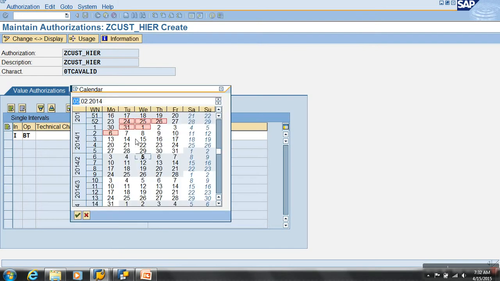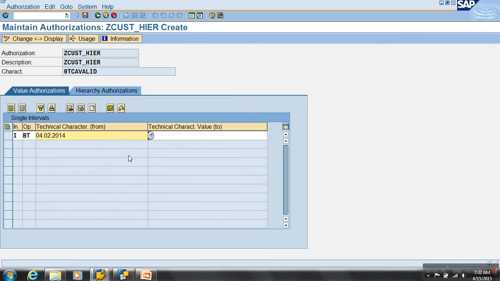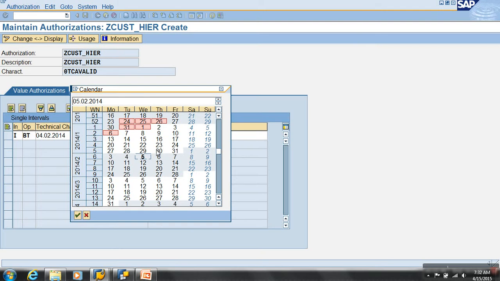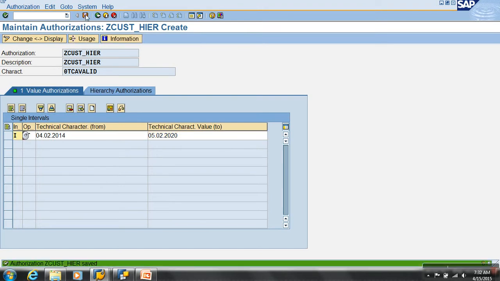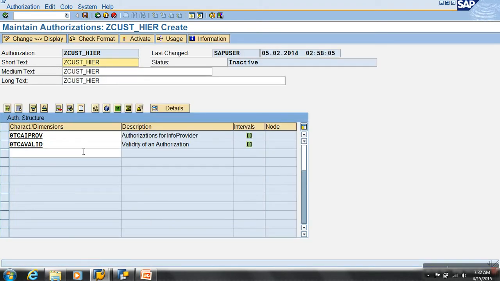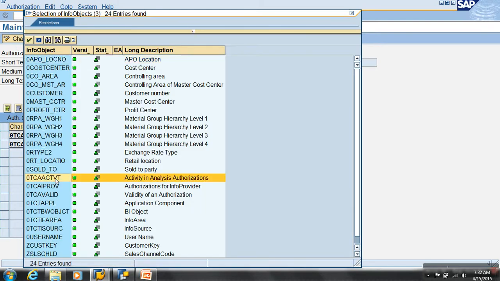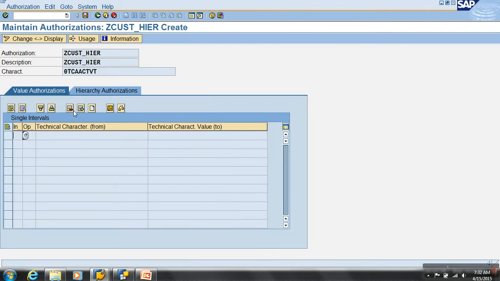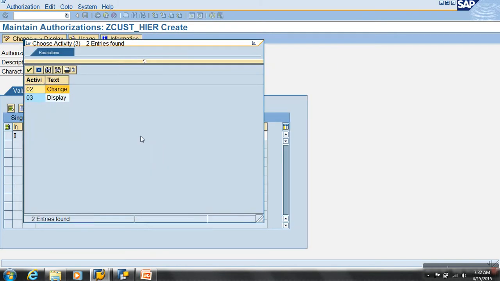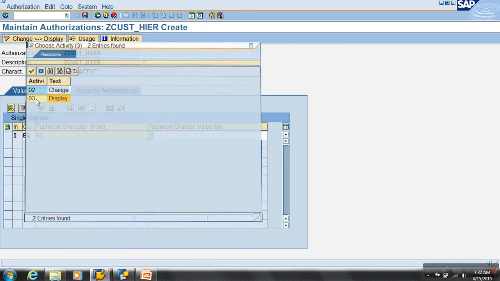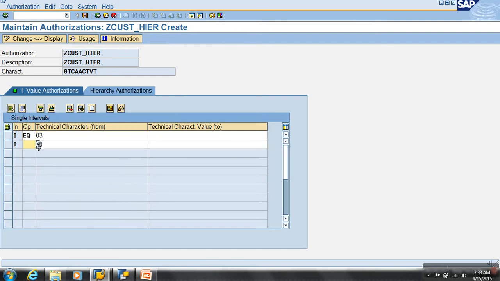It's a between, so this object is valid from this range. Okay, that's the validity. Then specify activity also. No changing, only displaying, and 16, which is for executing.